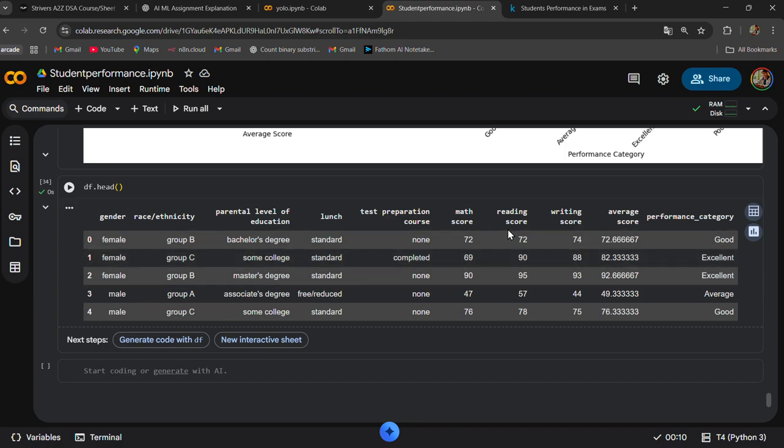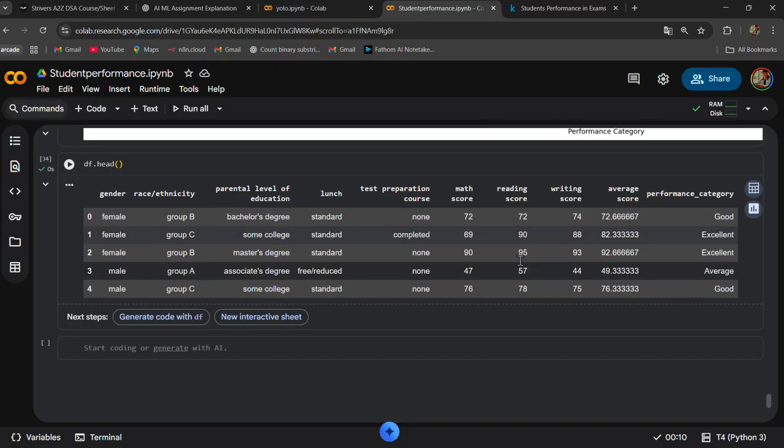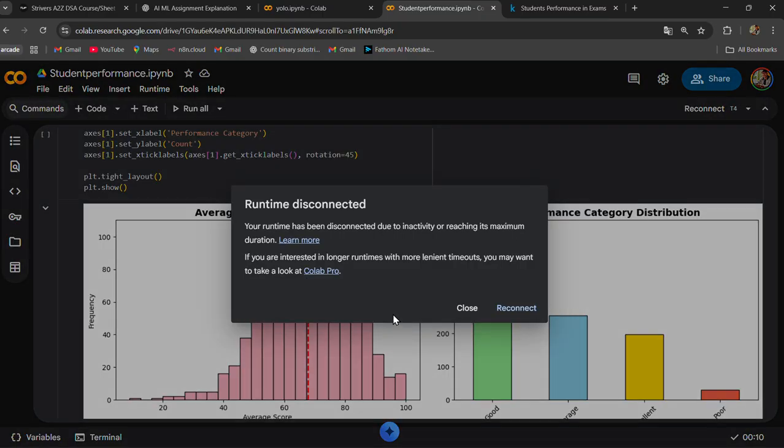Since our math score, reading score, and writing score have their average score, we can drop the math score, reading score, and writing score from our data set according to suitability. So this is the whole thing about